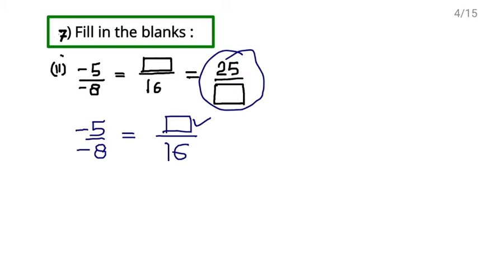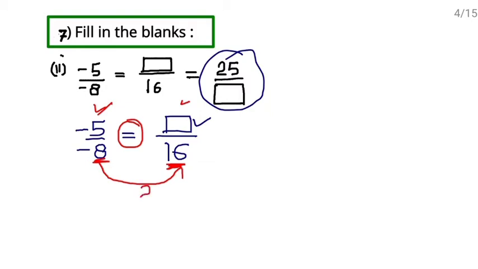So what we will check here: equal sign is given. It means these are equivalent rational numbers, this and this, right? So check the part where both the sides are given. Denominators are given on both the sides. So check, how will 8 become 16? When will we get 16 from minus 8?